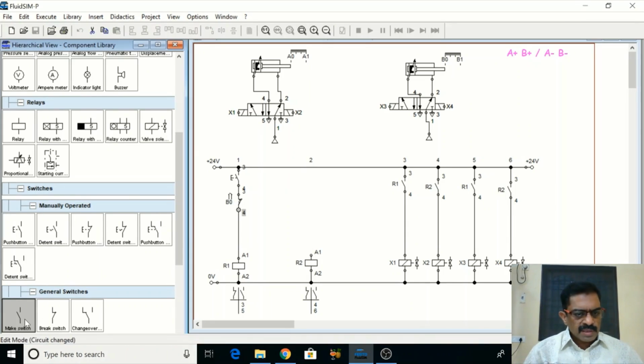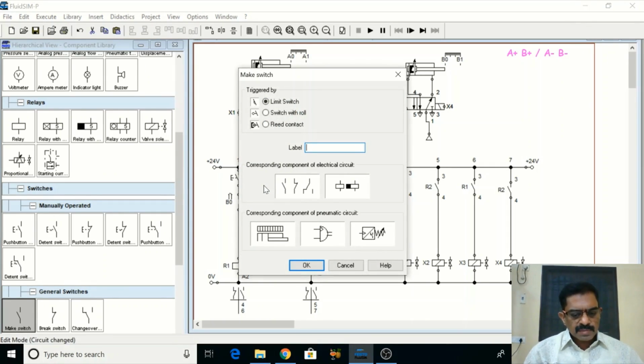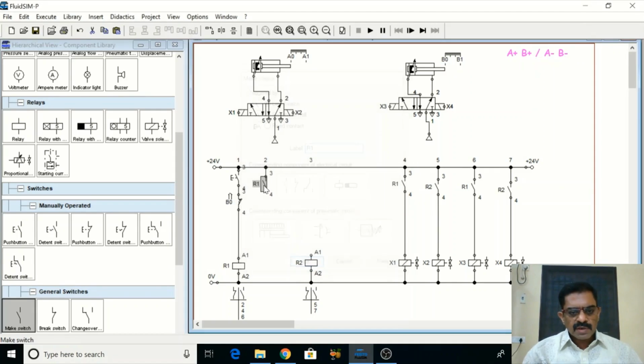So let me take this open contact, and this will be my R1. So if I choose R1, I can latch it. So I latched my R1, and then I have my second line.